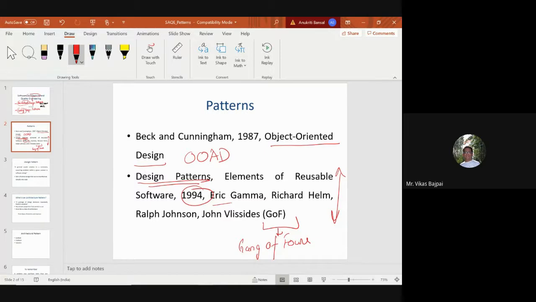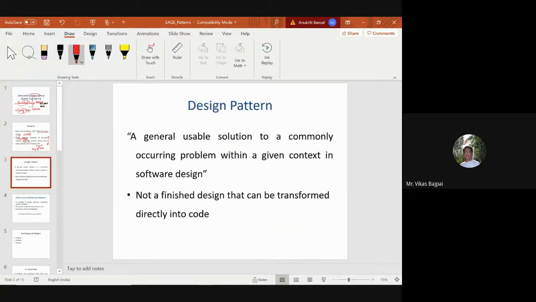So to start with, what we have is a design pattern. This is something which is a generally usable solution to a commonly occurring problem within a given context in your software design.